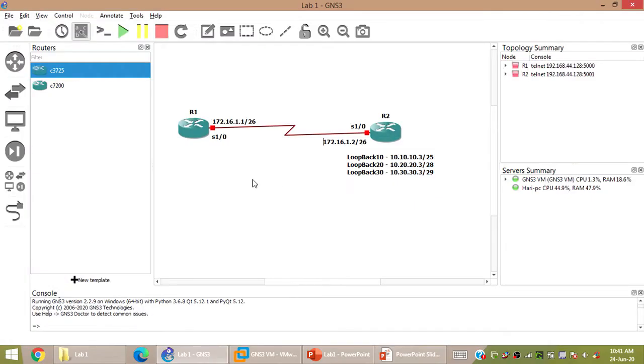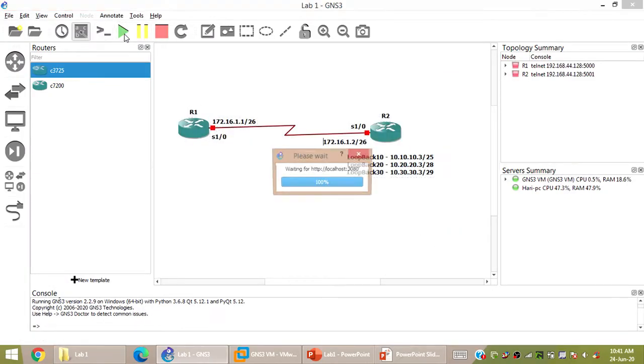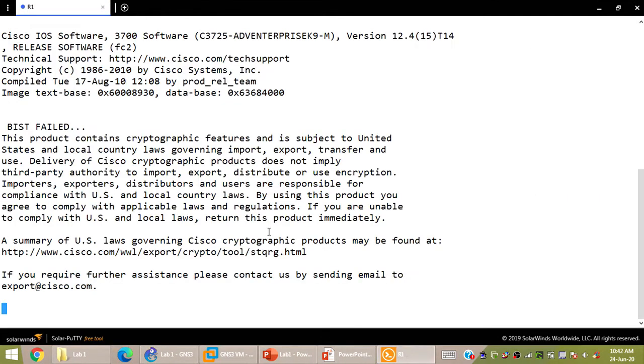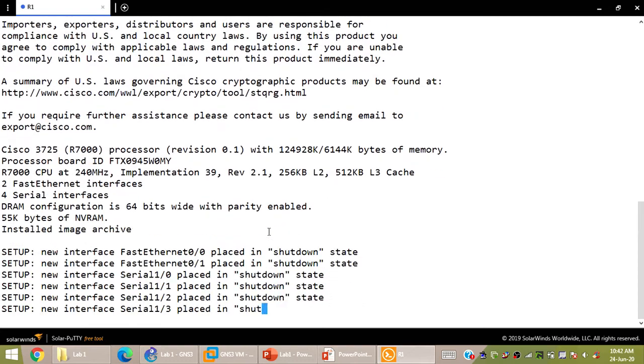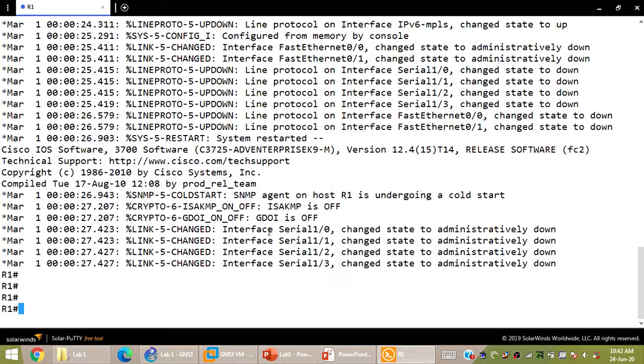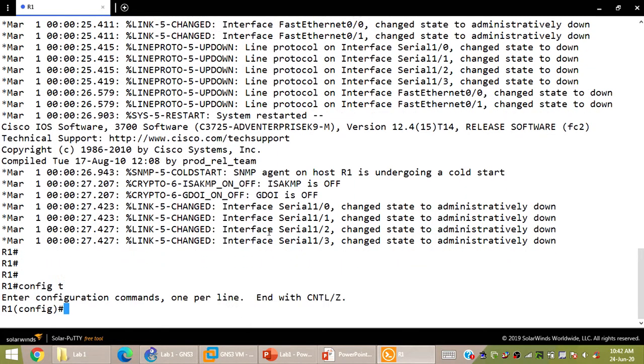The same conceptualization is shown here. Let me start the routers and also start a console. We are waiting for the routers to come up with the PuTTY screen. Let's see how PuTTY works. Slightly slow, but remarkably done.